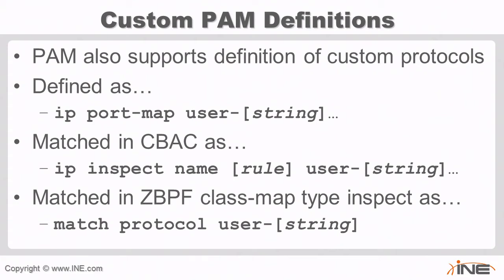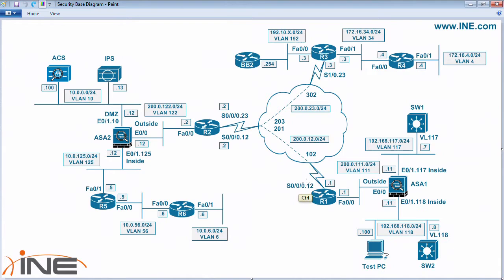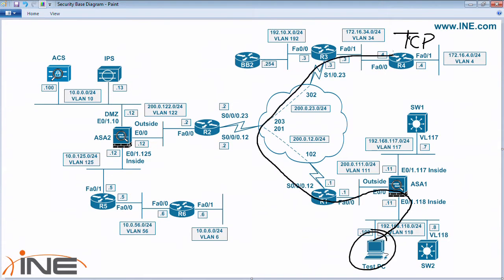So let's take a look at this in our same particular case here, where we have router 4 as the server, the TCP server that is listening for sessions coming from this Windows machine. Now, we already saw it listening on the web service at port 30,080. And I'm additionally going to configure router 4 to listen for telnet packets that are going to port